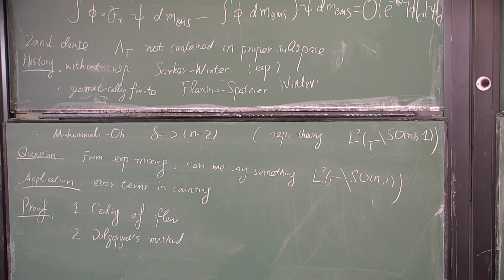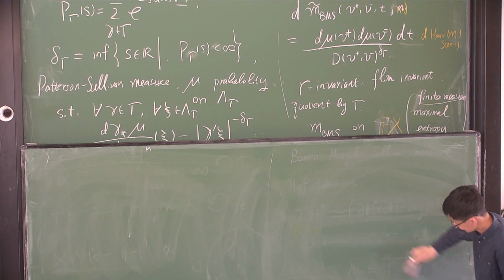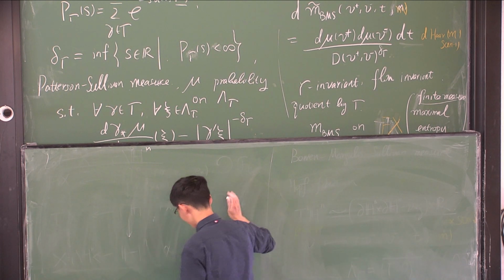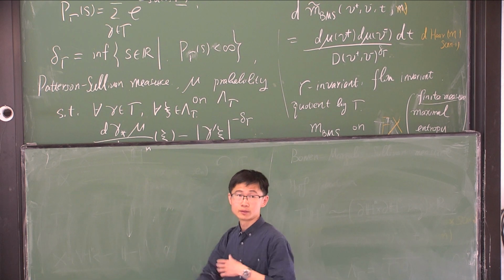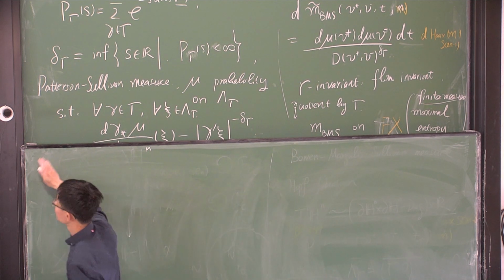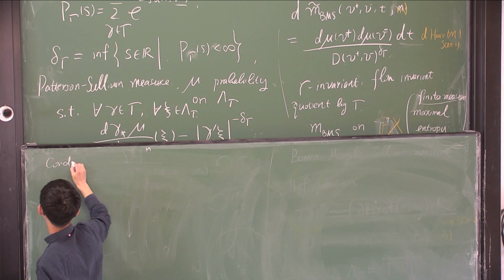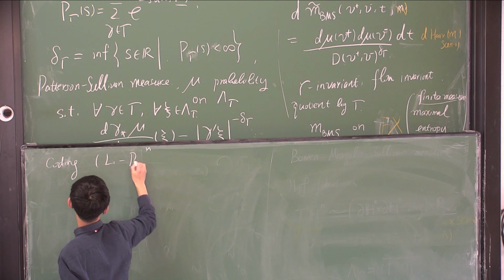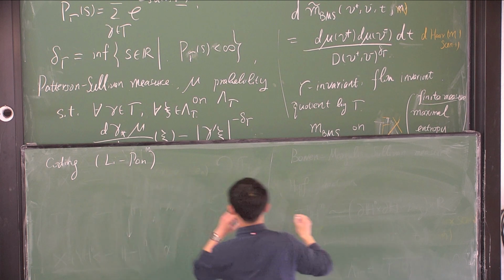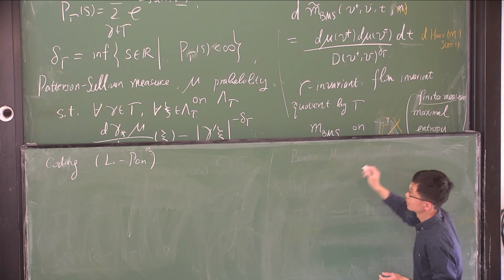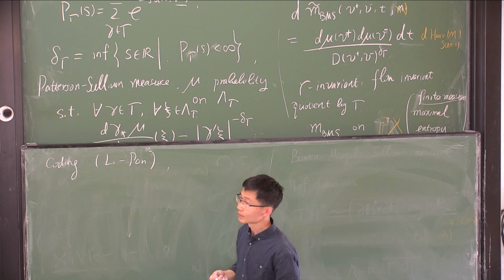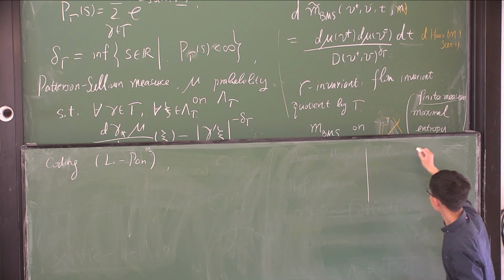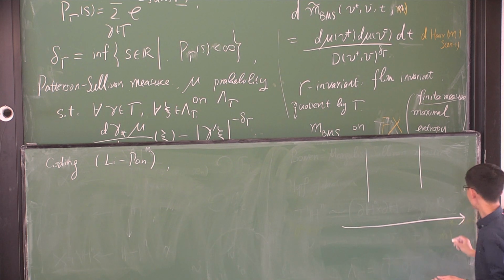Coding is really something which simplifies life. Because at the beginning, your flow is on a very high dimensional thing, but the coding will reduce the dimension, and also you only need to do something about combinatorics. This coding was done in my joint work with Wei Yu. It is also inspired by the work of Ben Mason and Matthews Wilkinson, and we did it in the higher dimensional case. So briefly speaking,